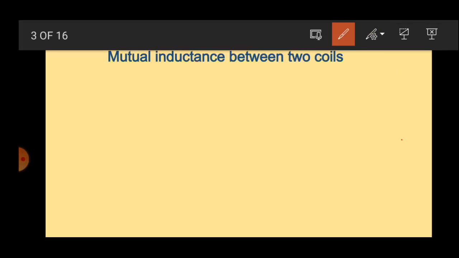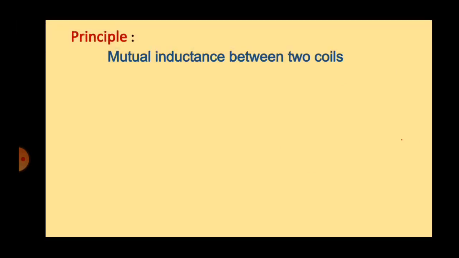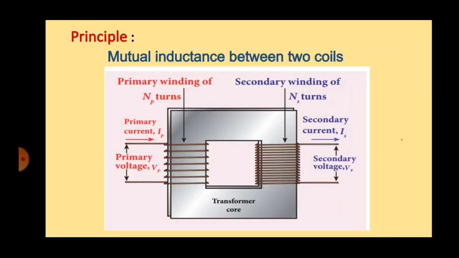Now see the transformer. This is a simple construction of a transformer circuit. Here we take a laminated core, a square type of laminated core. This is metal, laminated and made up of good magnetic material like silicon steel.